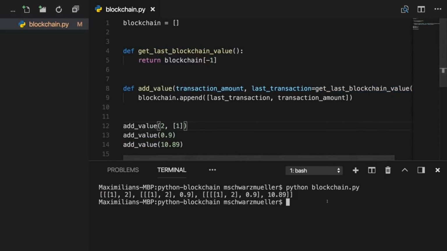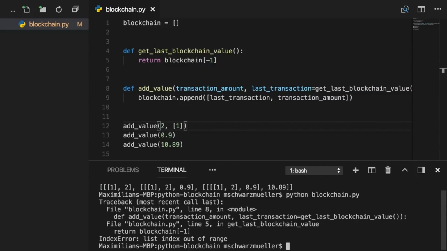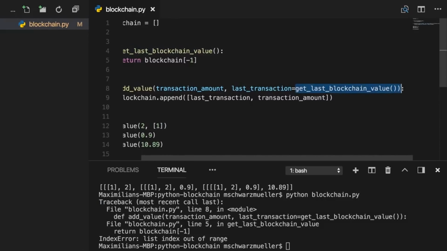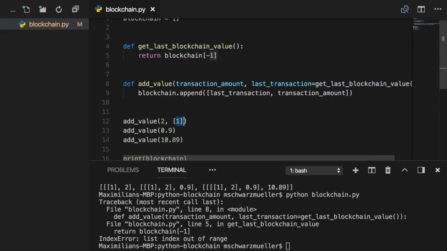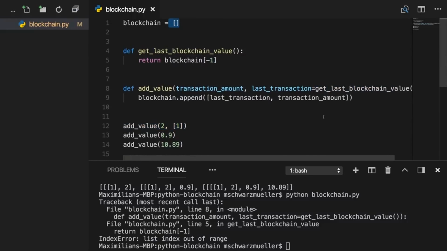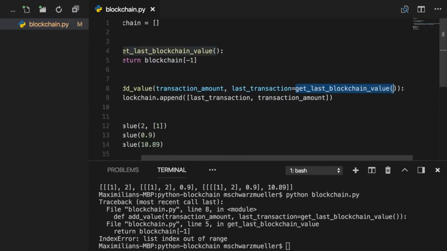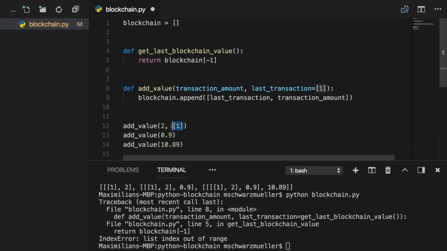If I now save this and I execute the file again, this unfortunately doesn't work. The reason for this is it still executes that even if we do provide a value. And therefore, it still executes that for the first add value call where we have no last value. So we'll have to fall back to the second best solution. We'll provide our one array as a default value so that we can omit it here for the first add value call.